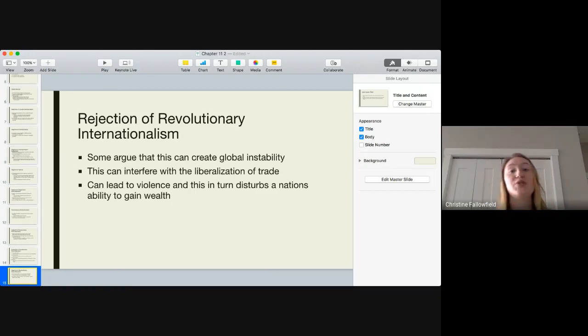So while you're trying to assert yourself as an individual, as a player who's meeting your own needs, on the global scale, the idea still needs to be centered on the fact that nations need to be able to provide for themselves and gain wealth. And if you're in a constant state of turmoil and upheaval and pushing and powers struggling against powers, it's going to inhibit your ability to continually gain your wealth and things that will help with the peace and prosperity and your economic gains in a nation.